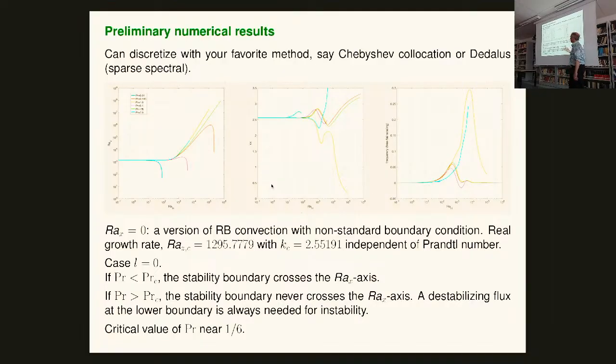So if your Prandtl number is small enough, 0.01, 0.145, 0.1, then the stability boundary crosses this axis. So effectively, if you have large enough horizontal buoyancy gradients, you're unstable, even if your flux at the bottom is 0, or even if your flux at the bottom is negative and you're stabilizing through the bottom. I haven't shown it, but these curves basically become vertical.